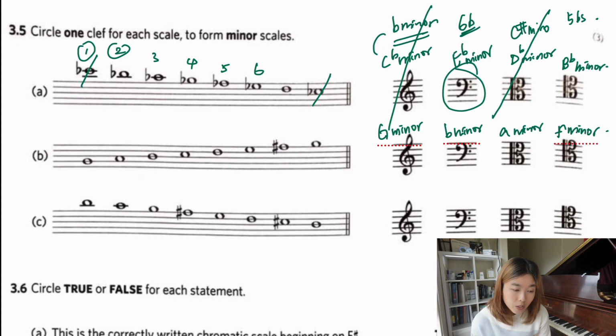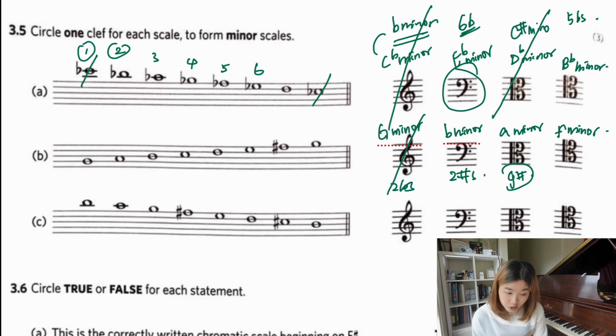G minor, we contain 2 flats. No. B minor, we have 2 sharps. Okay, but we only have 1 sharp in our melody. Next one, A minor, no. But this is ascending, so we might have our G sharp in there. And then F minor, we have